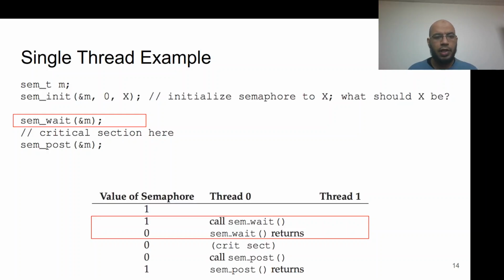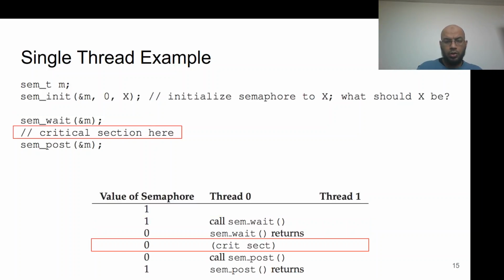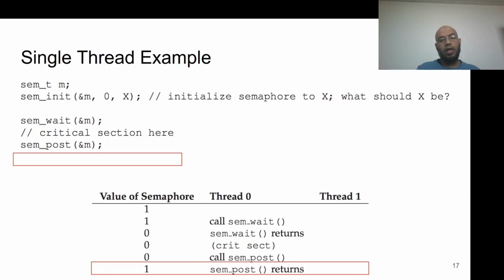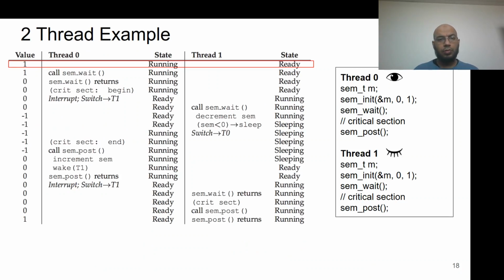And this is an implementation detail. This is how wait is implemented: you wait if the number, after you decrement, becomes anything below 0. Okay, so semaphore wait returns, you run in the critical section, you call semaphore post. Once you are done, you increase the number of the semaphore by 1, okay, and you return. So how about if you have two threads now, and you start from 1,